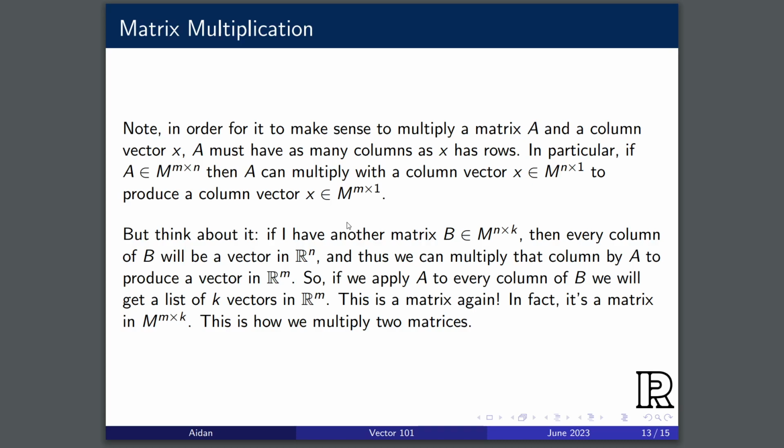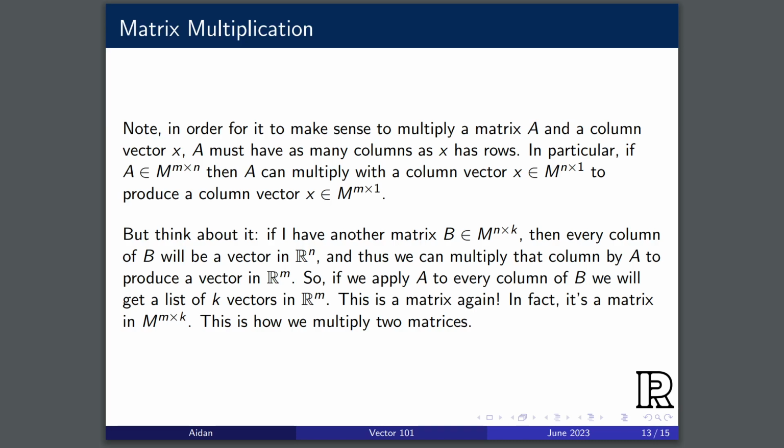So right, we know how to do AX when X is in this space here. So we can just multiply every column of B by A to produce another vector, right? So by multiplying by A, we get this list of